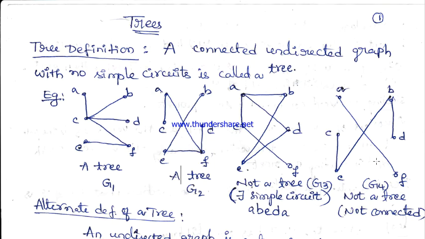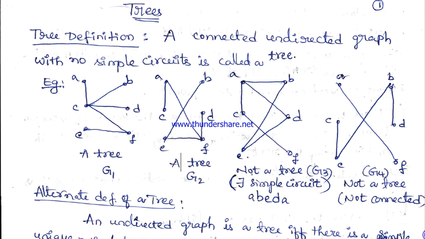Similarly, we look at the example 4. This is basically not a connected graph. There are 2 connected components here, namely AF and CE, BD. Different components are there, right? So this is not connected. Moreover, there is no simple circuit. So definitely it is not a tree, but such graphs are known as forest. So what is a forest? A forest is a graph which is not connected and has no simple circuits. So this graph G4 form an example of a forest.